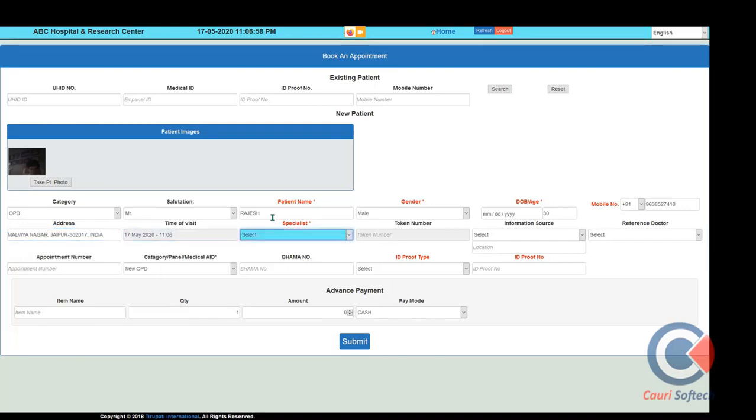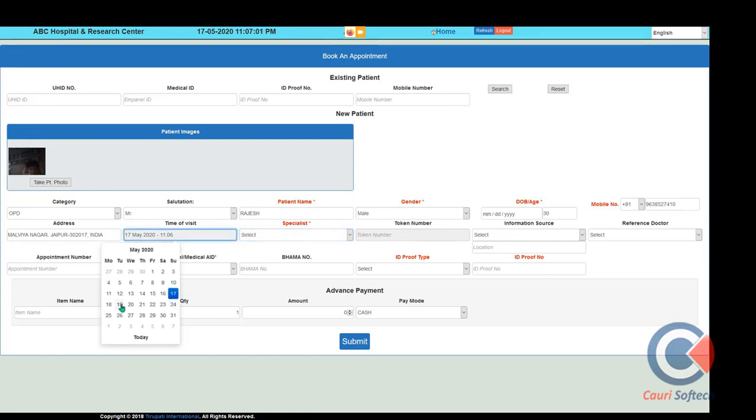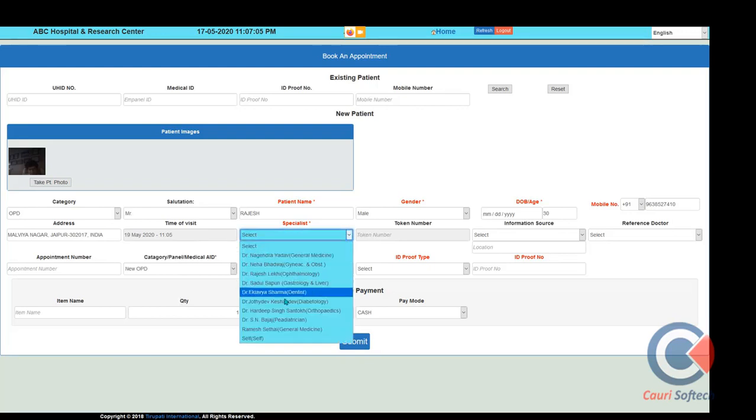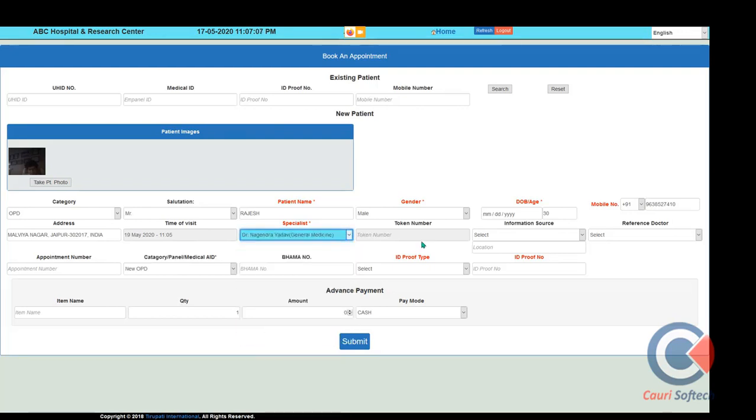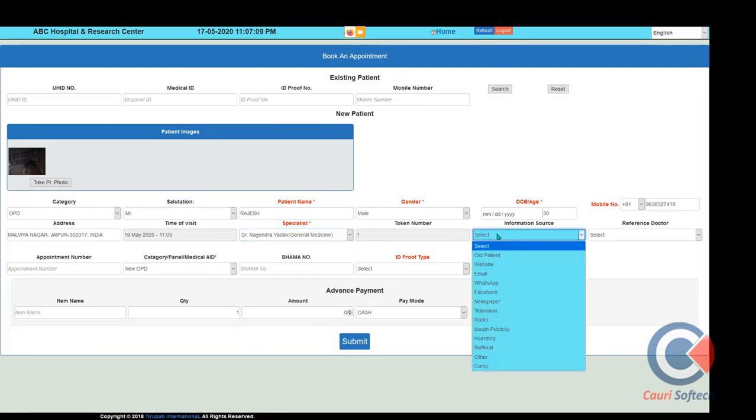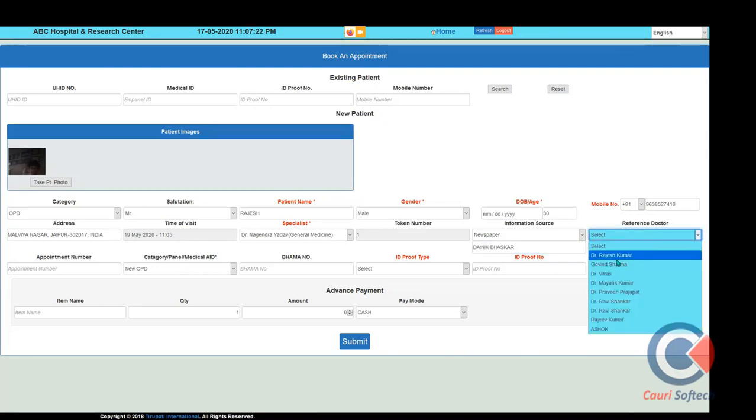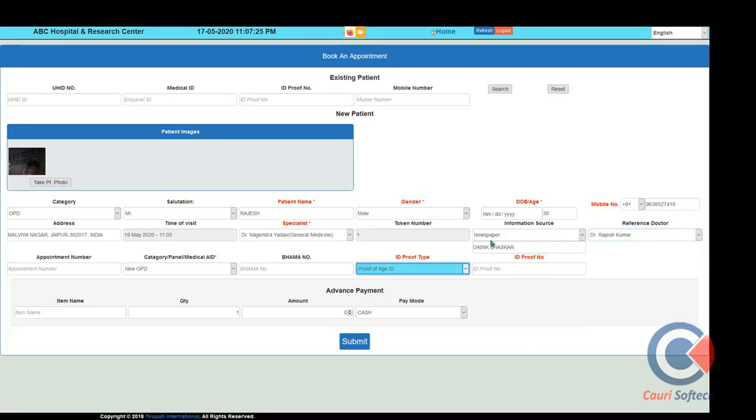Here we can select the time and slot time allotment when the patient is requesting the appointment, and after that select the doctor for whom the patient is taking the appointment. The source of information, how the patient came to know about the hospital, can also be recorded for marketing purposes, like any Bhaskar, we can select the source here. Then if any referring doctor advised about our hospital, we can select that doctor and give the incentive of the collection total.